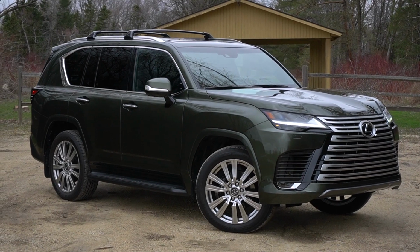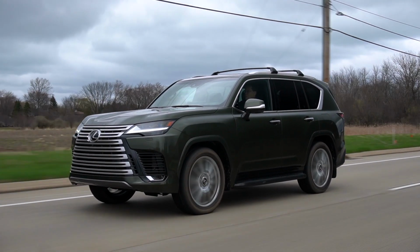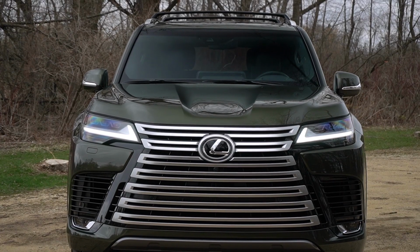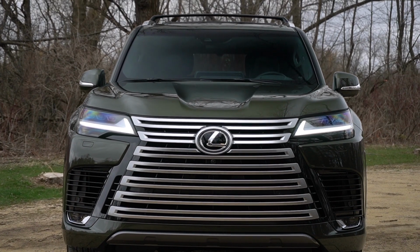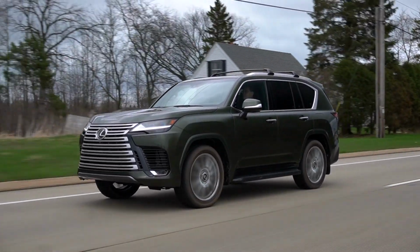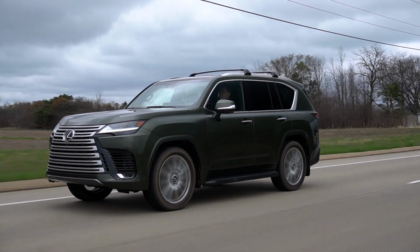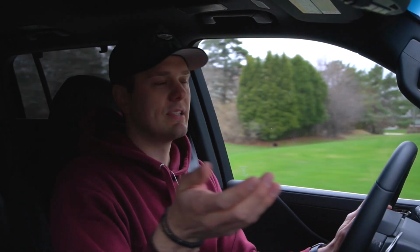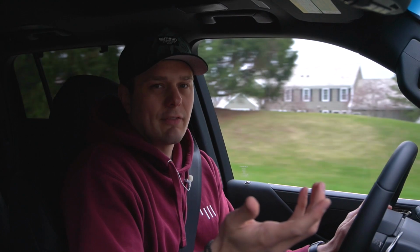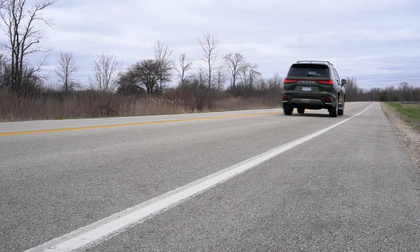The lower weight is actually really noticeable in tandem with the bigger power and torque figures made from the new 3.5-liter twin-turbo V6, making its way into seemingly everything at Toyota Lexus these days. In this LX600, it makes 409 horsepower and 479 pound-feet. So the question Lexus purists will be asking themselves is, do you miss the V8? And it's a tough question to answer because this engine makes more power, it makes more torque, and it gets